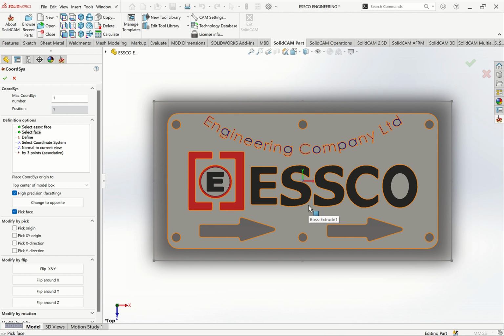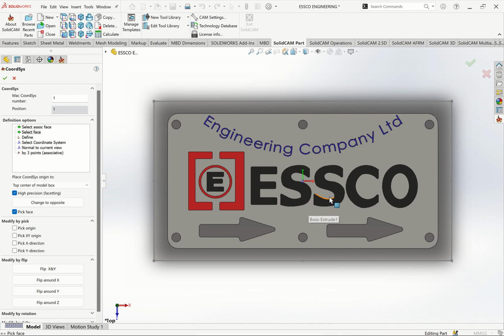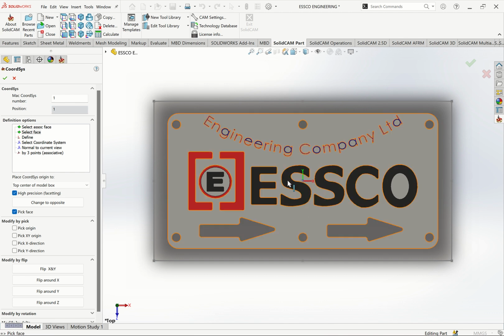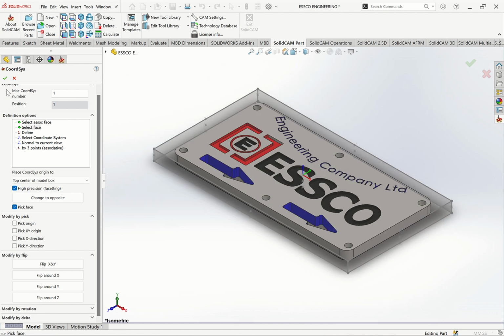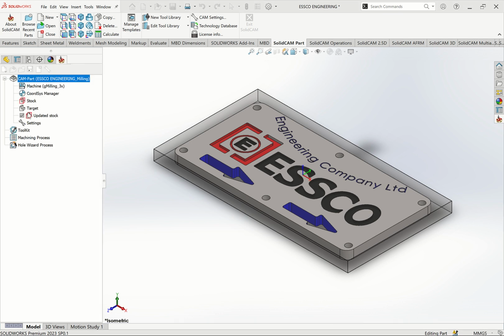The machine is designed for CNC milling. The longest side is normally the X-axis. The shortest side is normally the Y-axis. So in case you want to change the coordinate system, you have the option here to flip. You can flip all of this so that you can change it to where you want it to be. So for now, I want to leave it the way it is, and click OK. Once it is done, let's go